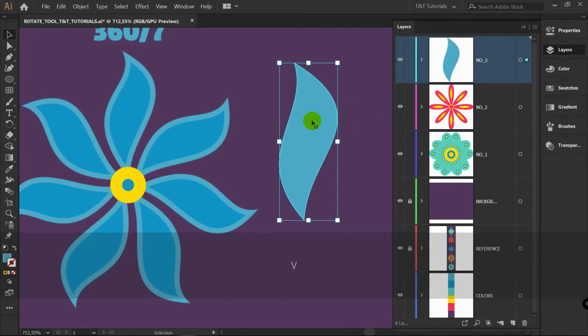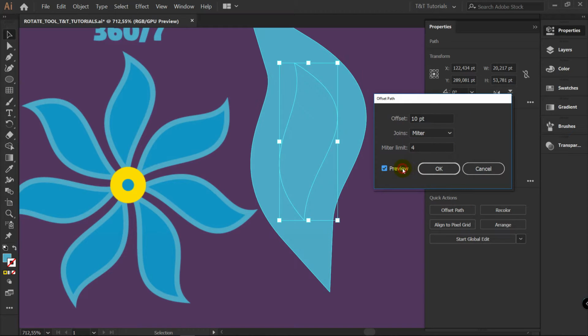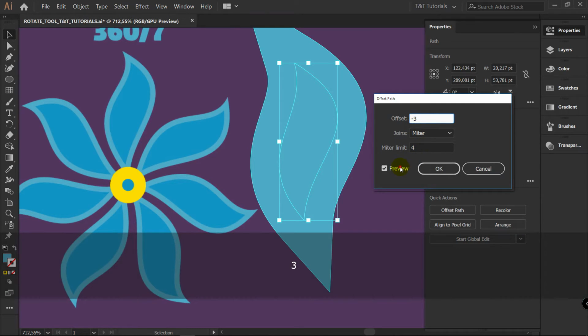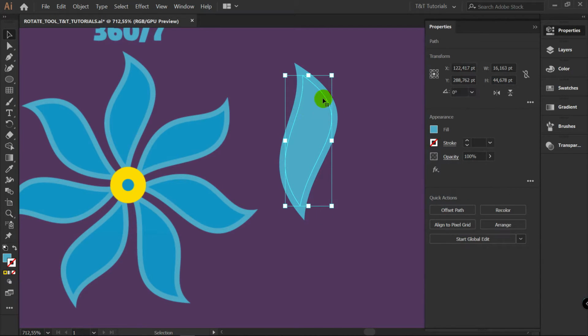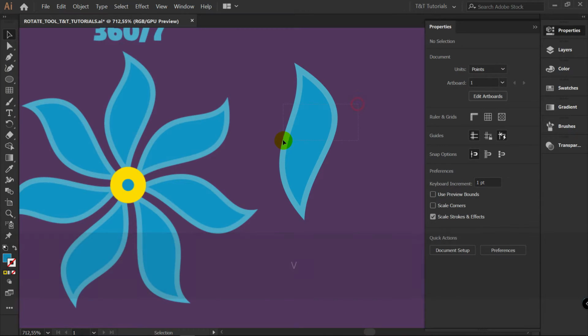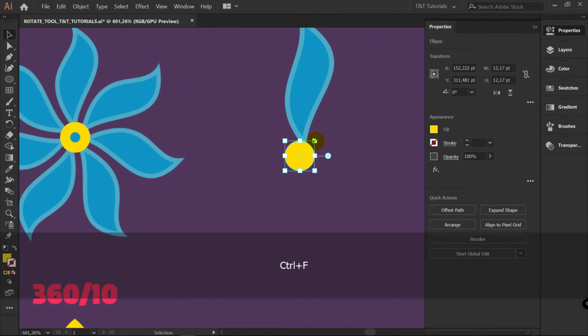Now select this object with Selection tool, Properties, and let's click here Offset Path. Click on Preview, and let's enter -3 for example. I think I will use -2. Click OK, and now for this object, let's pick this color. Let's group them. Pick this yellow color, L for Ellipse tool, draw an ellipse, Ctrl+C, Ctrl+F, make the copied layer smaller, pick